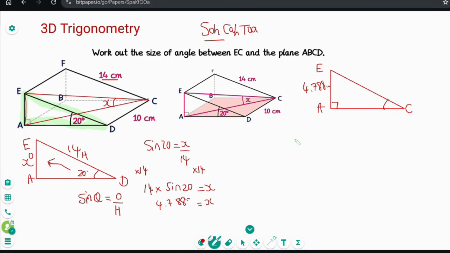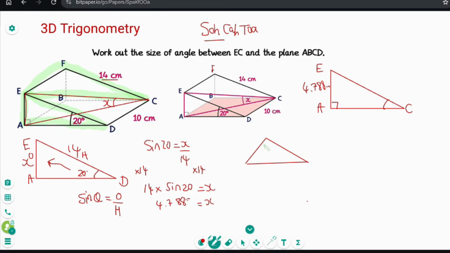Okay, what about EC or AC? I'm thinking EC because I've just noticed we've got a right angle triangle here. It's difficult to see from the diagram because of the perspective, but EFCD is a rectangle, and a rectangle cut in half through the diagonal leaves us with the triangle EFC